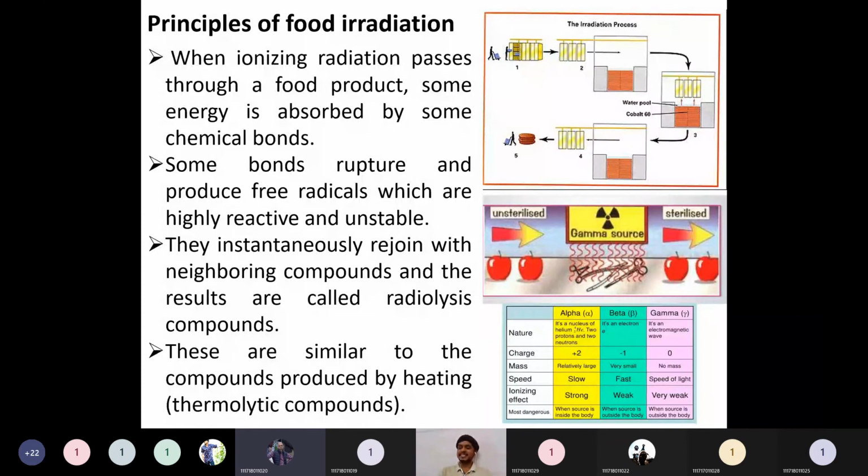This irradiation they are not at all applying now. Whatever we are buying now in our area is directly coming from the farmers or some middle person. But in the big food processing industry, like Patanjali or Nestle products, they are procuring directly from the farmer. Immediately after procurement, they will not use it directly. They will store for some time.